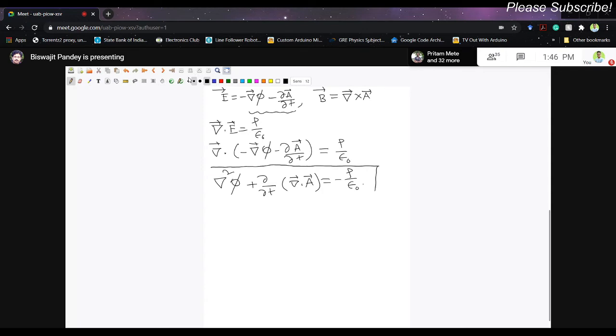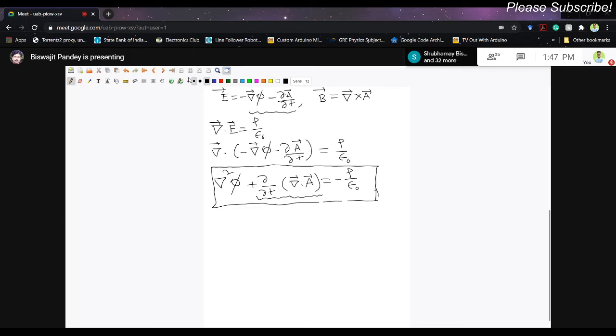If you look at this equation, it is in terms of phi and A, and it is very similar to Poisson's equation. If you remember Poisson's equation, we had Laplacian of phi equal to minus rho by epsilon naught. This extra term was not there. It comes from the coupling of E and B, or phi and A. They are not independent here. In electrostatics you can separately think about electric field and magnetic field, that was possible. But this time it is not possible. We have this extra term.